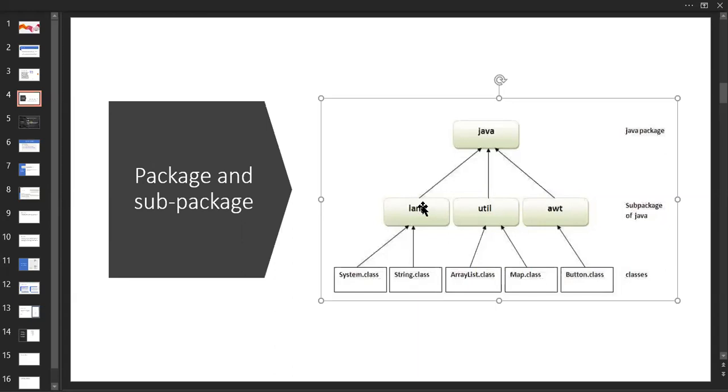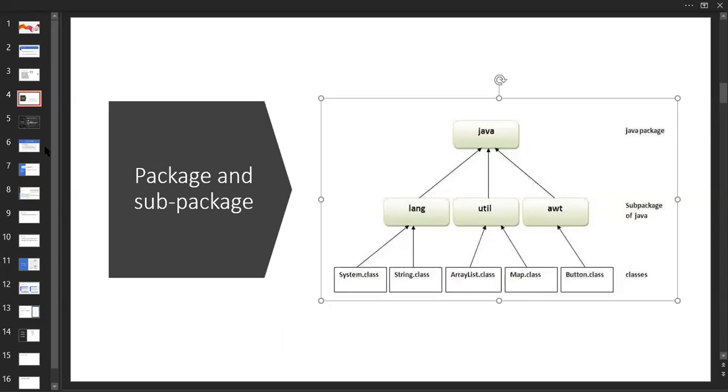So how can they be organized? These are the predefined packages available inside Java. We are supposed to use them according to the usage point of view, only the usage point of view. There is no need to use it otherwise. It is a waste of memory, right? So we should not import it if it is not used in our program.